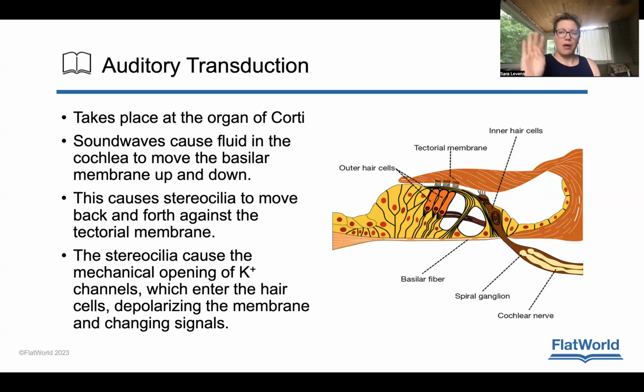And when the membrane moves with the hair cells in it, then the stereocilia bend, and that bending basically says, hey, we're being moved, we are being affected by sound, and it is occurring at this particular frequency. And then the brain basically takes all that information in for processing,